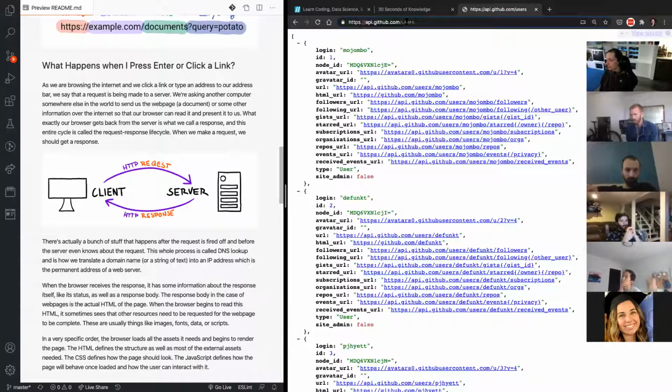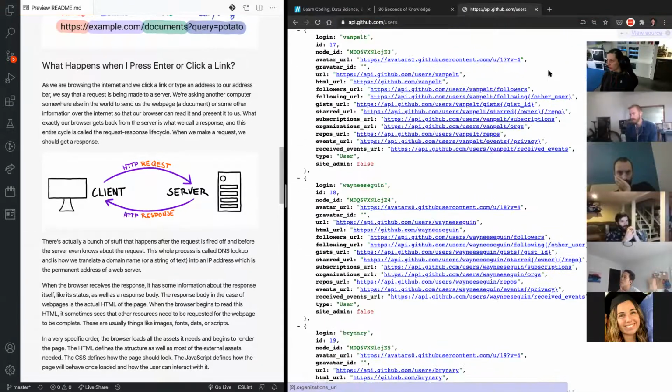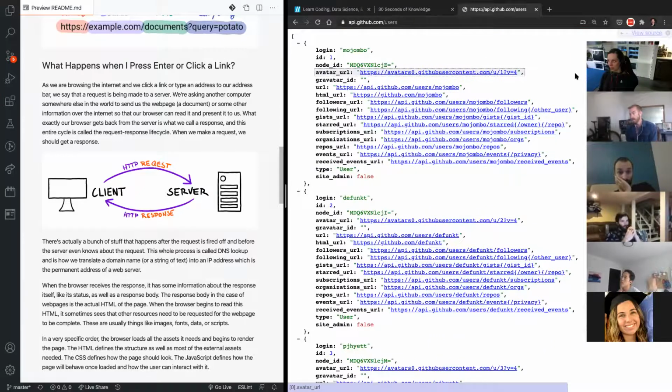So we can just type into our URL bar api.github.com/users, and this will give us a list of all the users on GitHub. Obviously, this is just the first page, just a handful of them, but this is the response that GitHub sends to us after we make this request. So the request in our case is typing this into a URL bar, hitting enter, and then receiving that response and viewing all this data.